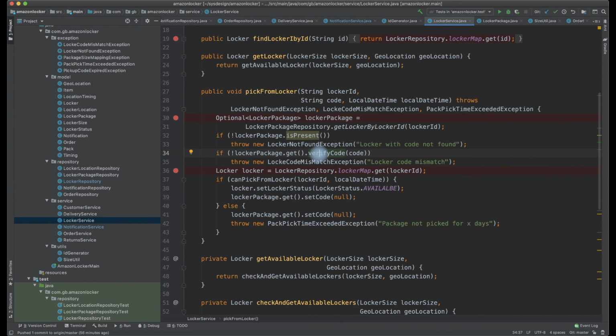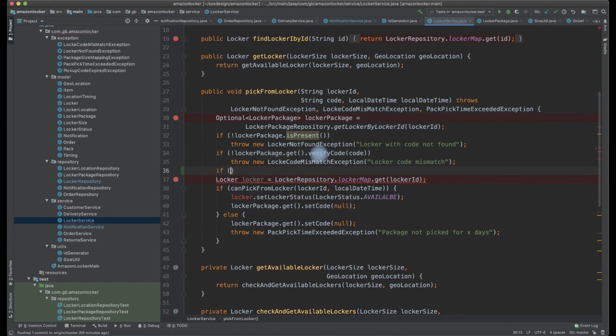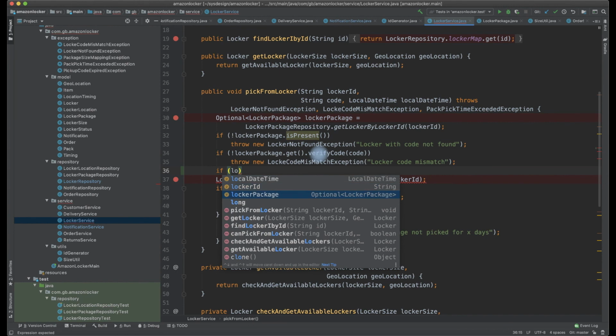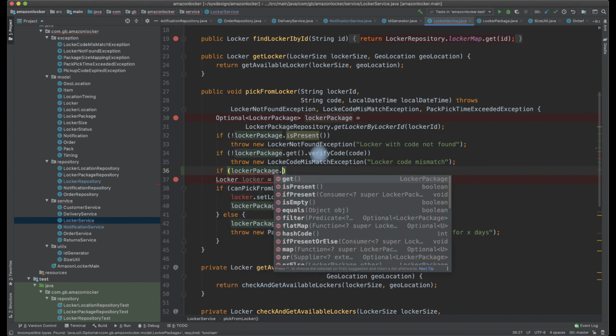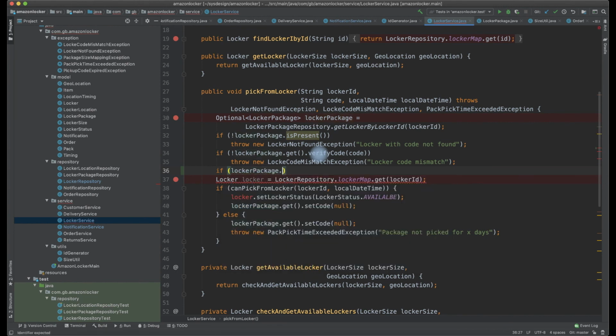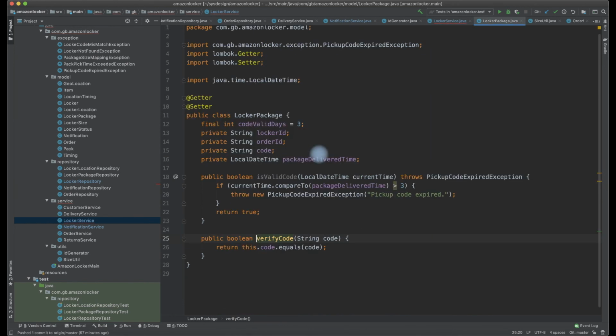We can add get code, throw mismatch exception if locker package dot is... okay. This is locker package public boolean, right?